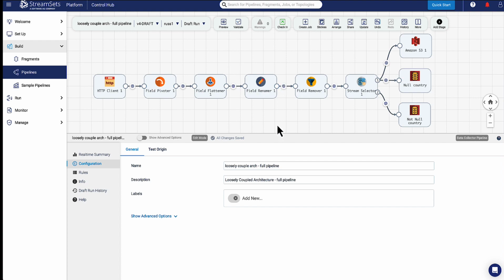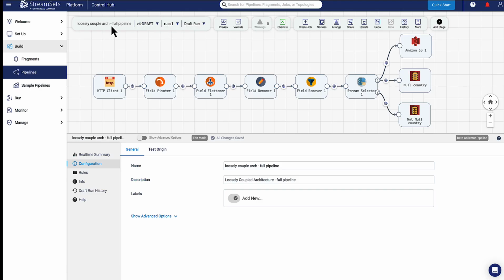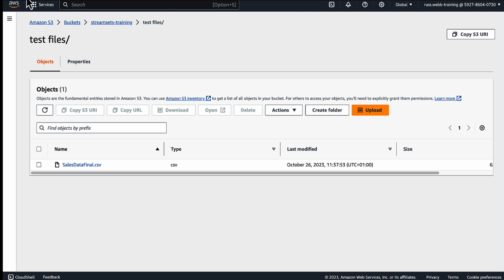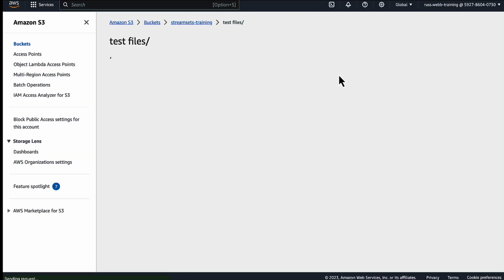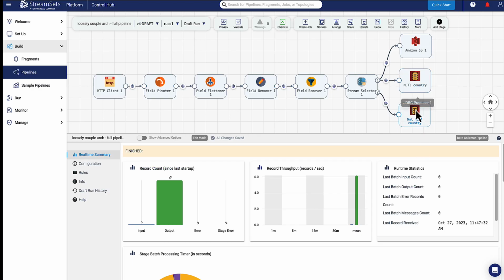If we have a look at the Amazon S3 bucket, we can see we don't have any kind of null country file in there. So let's run the pipeline. The pipeline has now finished. If we have a look in Amazon S3 and refresh, we can see that we do have a null country entry in there. We will still have the entries in the country null table and the country not null table within MySQL as before. Now we'll shut down the MySQL database